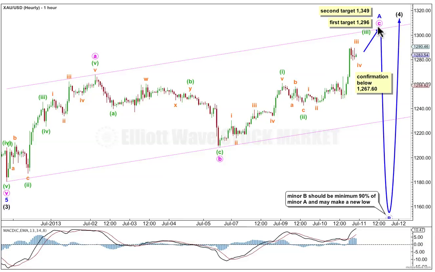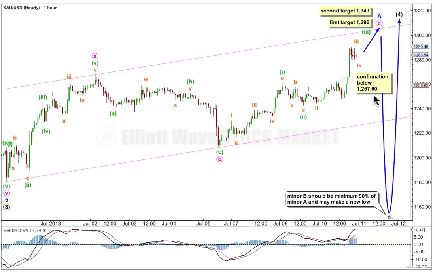So when minor wave A is a completed 3, we'll know it's a completed 3 when we see movement below 1267.60. If price moves back into this price territory I've labelled minute wave A, then downwards movement cannot be a fourth wave correction within an unfolding impulse, and so the upwards movement would be confirmed as over as a 3-wave zigzag. So if we see a bit more upwards movement and then price turns around and moves below this price point, then you may